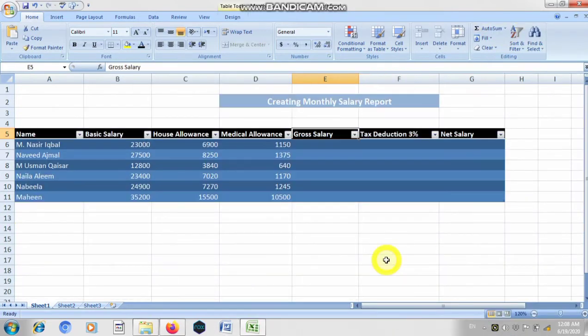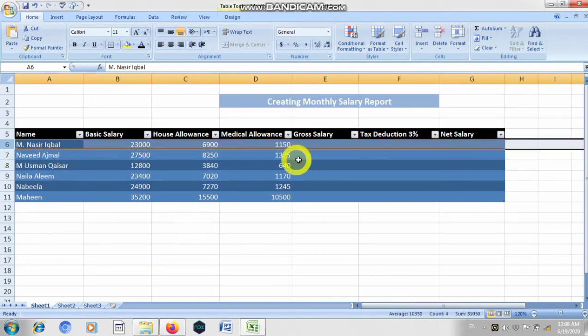Click on this, we can create a salary report of a person. Okay, so if you open your computer books, on page number 61 the topic is creating monthly salary report. Next, on page number 62 there is a complete procedure of how we can apply the formula step by step and how we can calculate the salary report of a person. As you can see, I automatically created these files, and I will just insert the data in my first row, so it will automatically calculate the values for other persons.